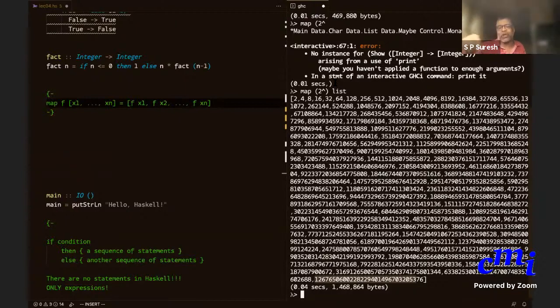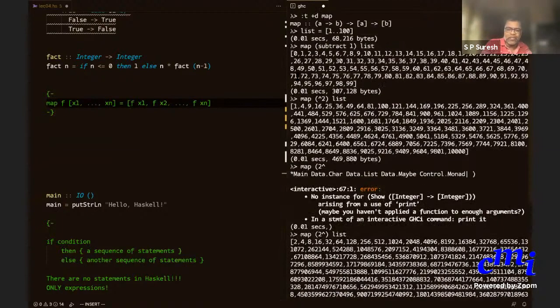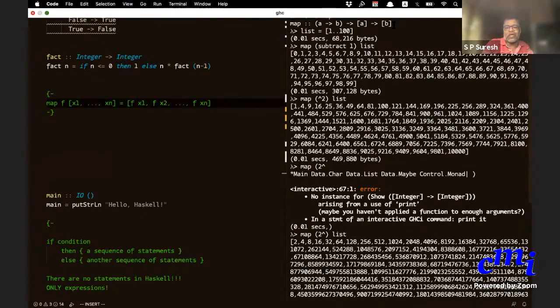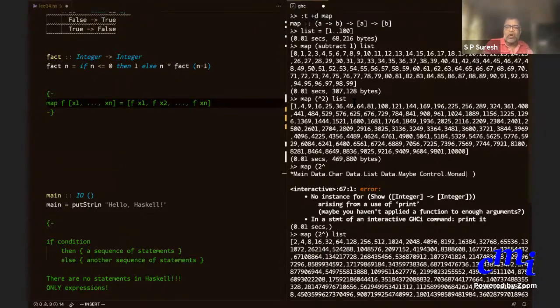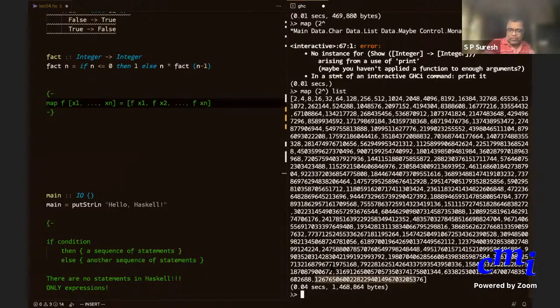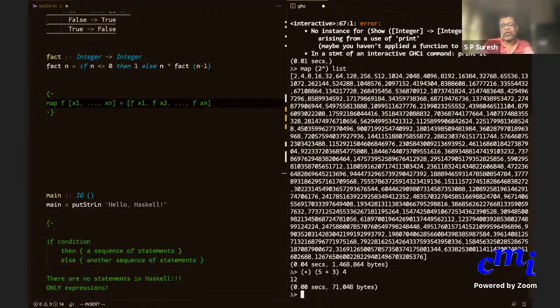If you want, you can force your types by putting integer arrow integer. So where is the type? It's A arrow B, arrow list A, arrow list B. This A arrow B is within parentheses. Also, similarly, you can force right associativity when you apply a function. You might want to say, for instance, plus 5 of, first you do 5 plus 3, and then you do 4. You can say that. So you're putting parentheses there. Okay, any other questions?